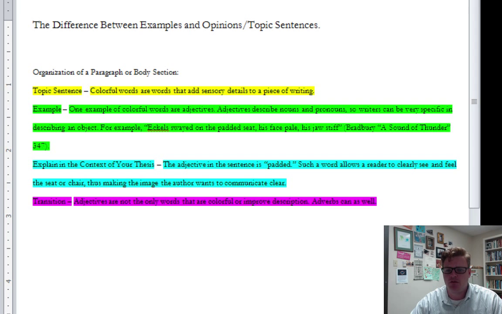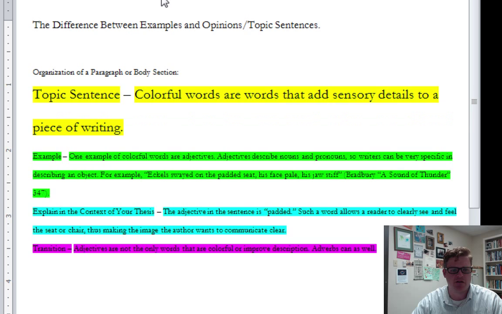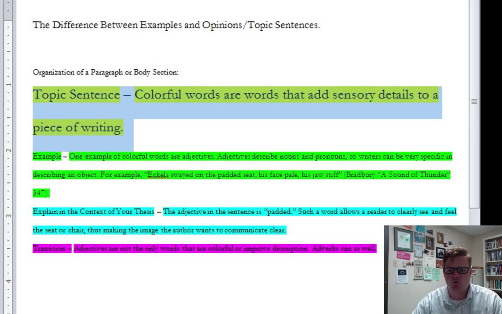Okay, so when you're looking at this, think about this, that you can have more than one example in a paragraph or a section. You can have more than one explanation. You should typically only have one topic sentence and one transition though. So first let's look at the topic sentence. So the topic sentence for this model here is colorful words are words that add sensory details to a piece